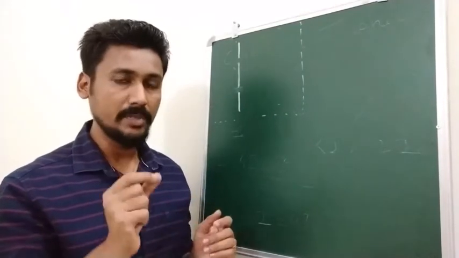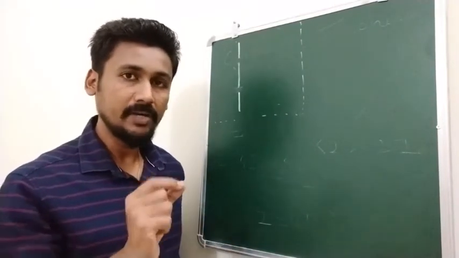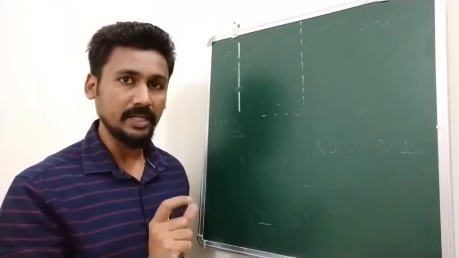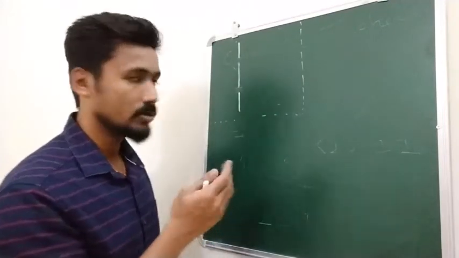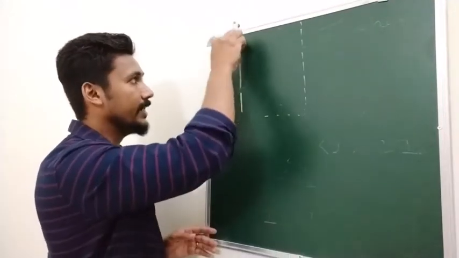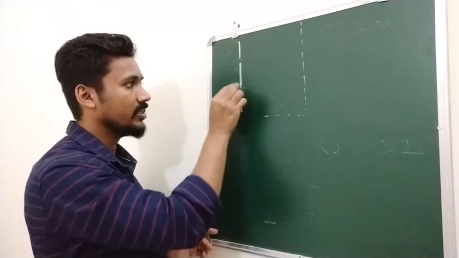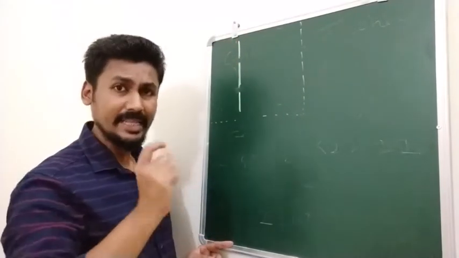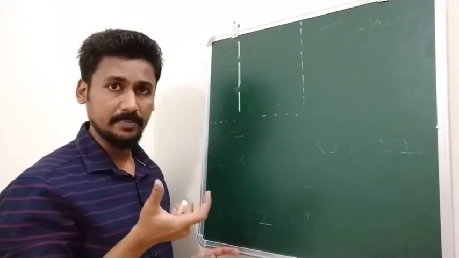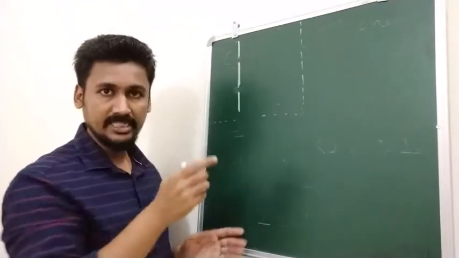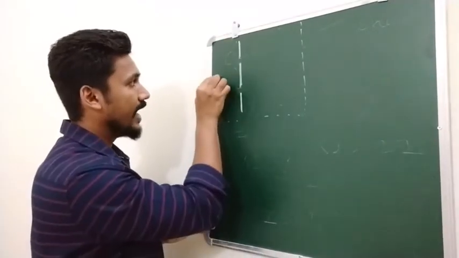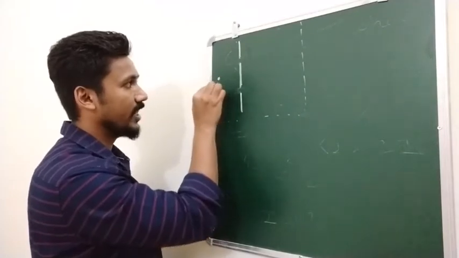So Thomas Young, a British scientist, found a genius method of creating coherent sources. Here is what he did. He had a cardboard with two slits. That is what is called the double slit experiment. So there are two slits made in a cardboard, and he used a single source of light.